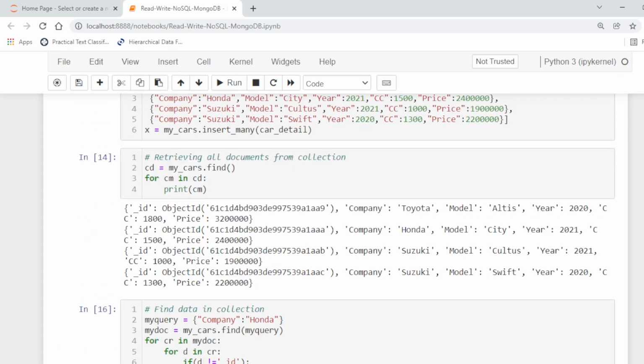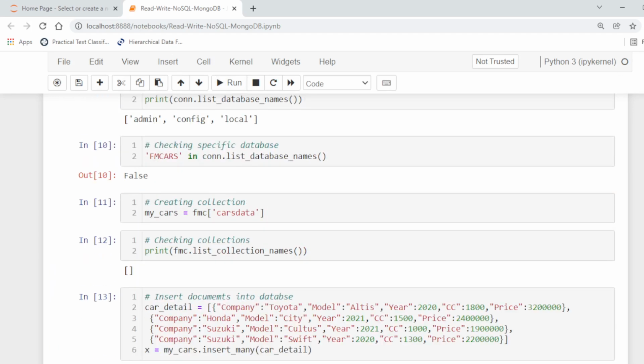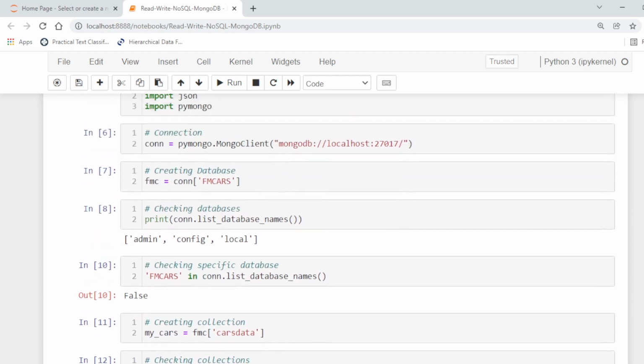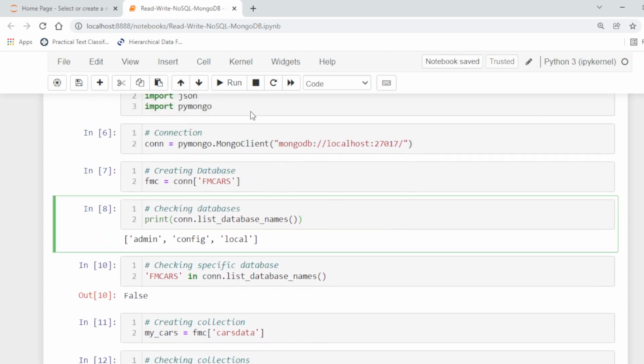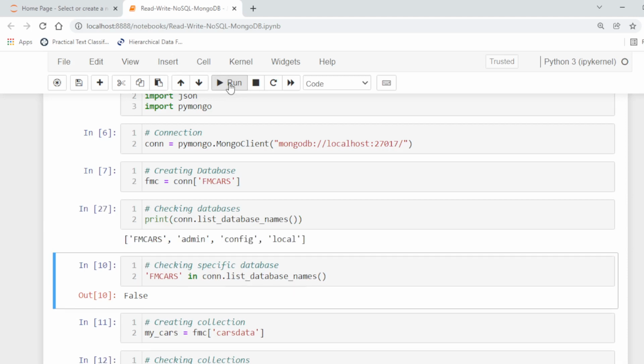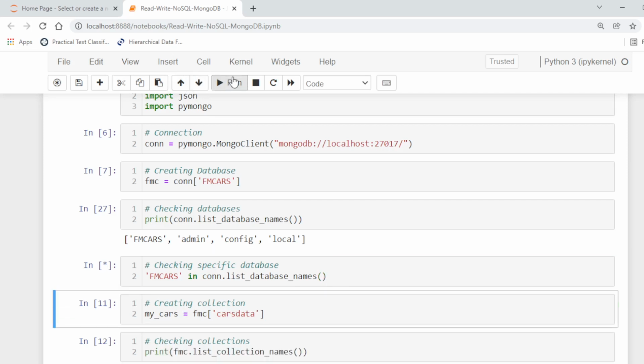Similarly, to check the existence of the database, if we run this, now more cars is present in the database list. Similarly, more cars can be checked and it will return true.